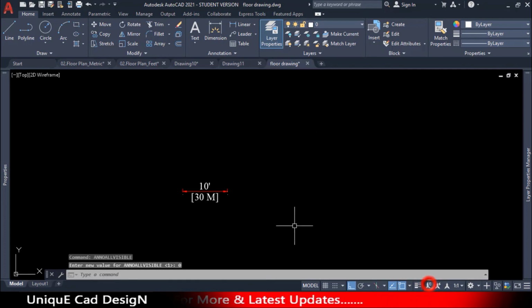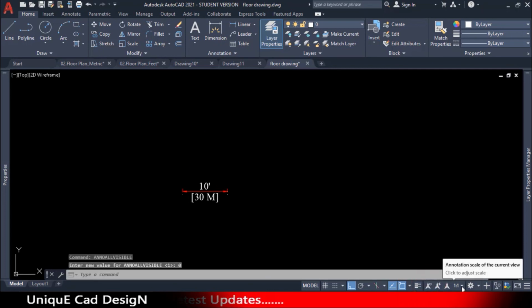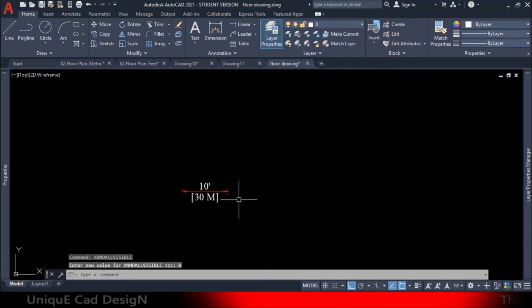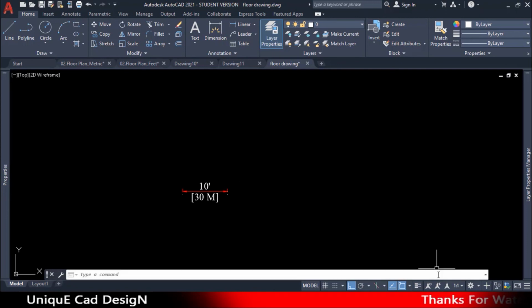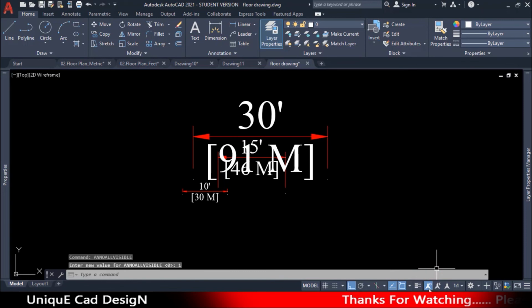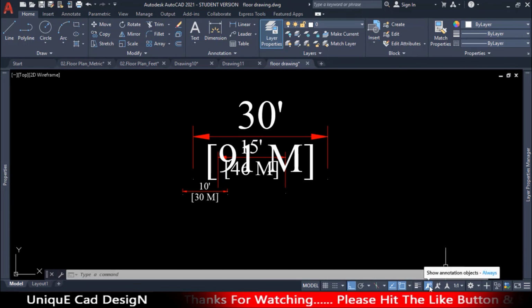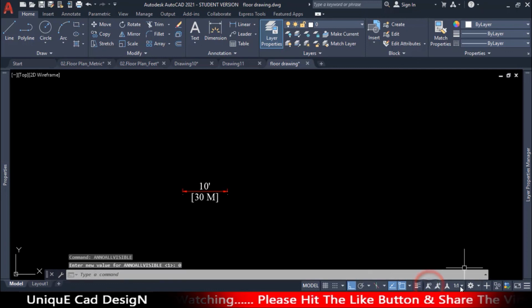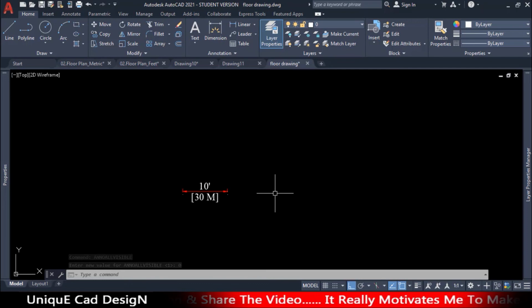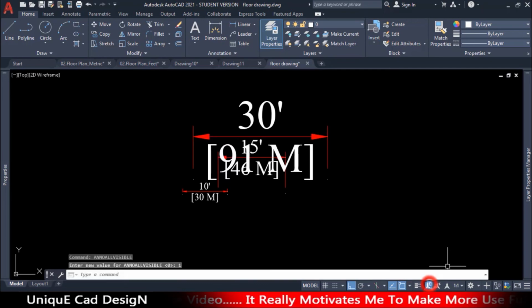If you deselect this, the currently selected annotation scaled dimension will be visible on our desktop. By this we can understand, if you turn off annotation visibility here, the selected scaled dimension will appear on the window. Other scaled dimensions will hide automatically. So I will keep this on.